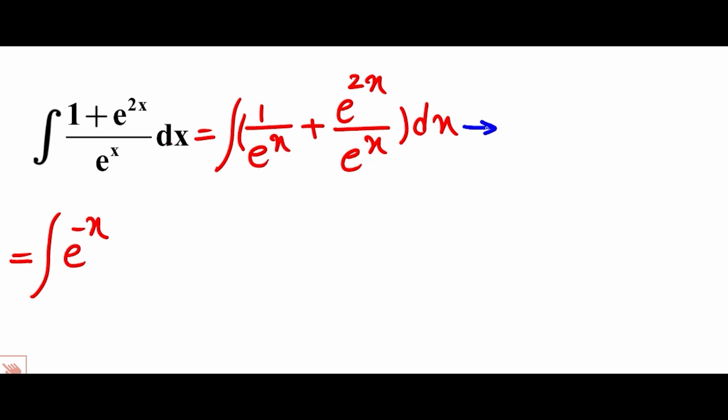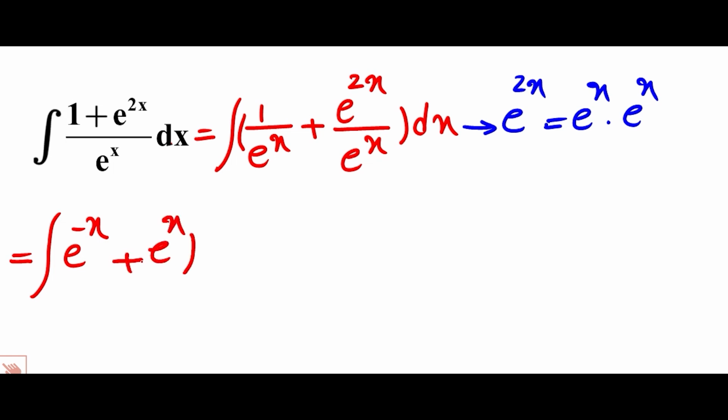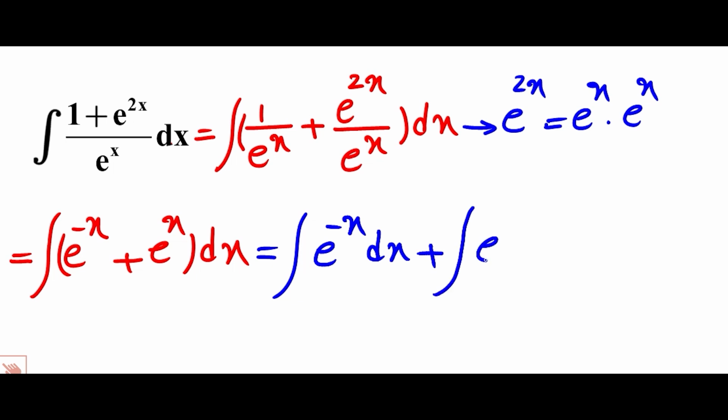And as you know, e to the 2x equals e to the x times e to the x. So e to the 2x over e to the x equals e to the x times e to the x over e to the x. So we have e to the x. So plus e to the x dx equals the integral of e to the negative x dx plus the integral of e to the x dx